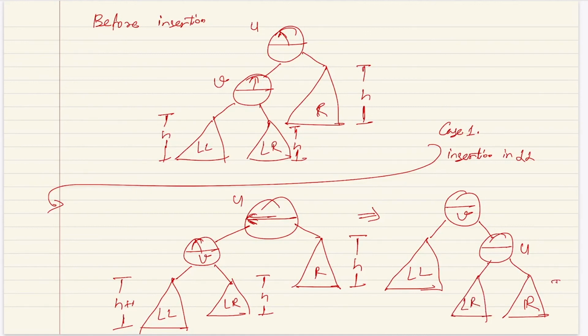So what will happen? LR and R have the same height, so U will have a balance factor of 0. Now we will have h plus 1 and h plus 1, so V will be balanced. Wow. So if V is balanced, that means I don't have to go up. I can stop here. So this looks interesting. I was in a very difficult situation with -2, and now I have changed the situation such that at the root I have a 0. So this looks good. Now let's try to understand more, like why should this work and why nothing else will change in the binary search tree.